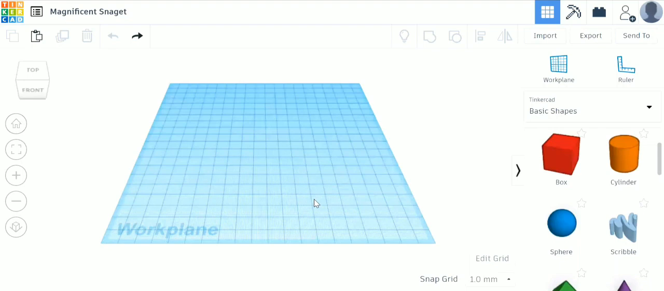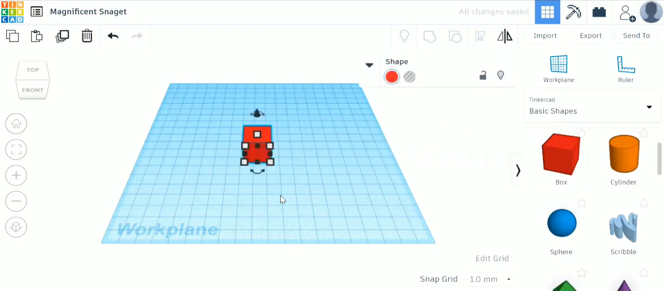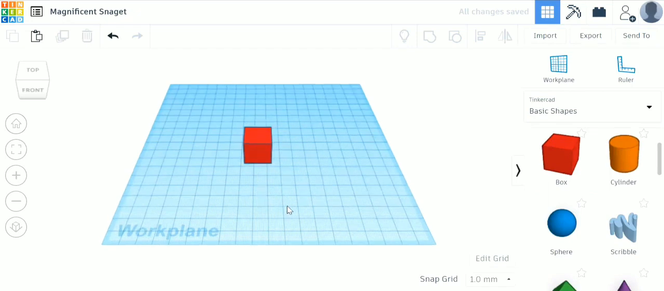Inside Tinkercad, the first thing that you may notice is this big blue grid known as the workplane. And whenever you want to drop any figure, any shape from this shapes tab, it will be dropped directly onto this work plane. Let's say if you want to work on this box, it will be dropped on this work plane. See,